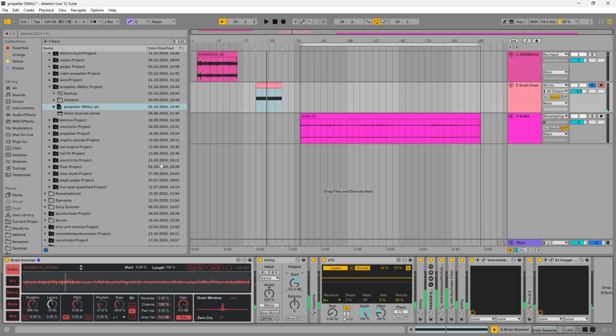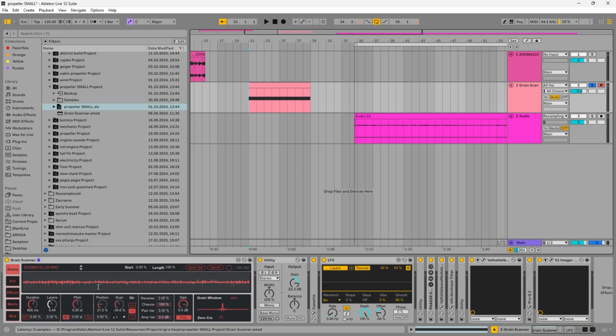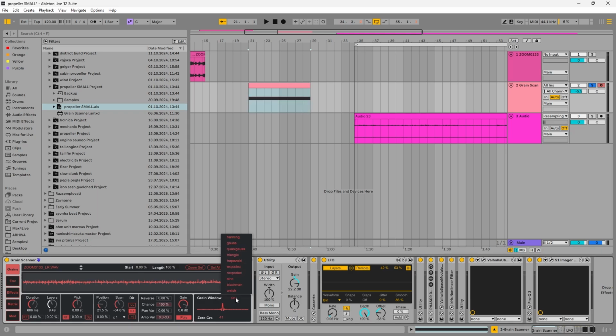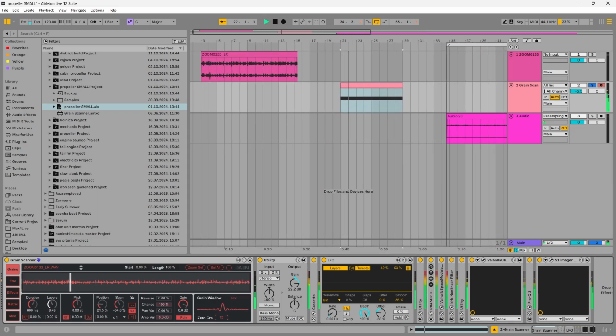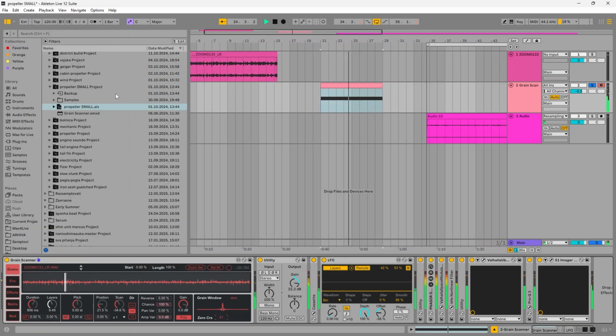Okay, so there's this plugin, Grain Scanner. It's this very interesting granular plugin, where the thing with it is that it's not an effects processor, but you have to input a sound into it, and you have all these very cool things you can do with it. But the thing with this was, when you set your, I'm not sure if it's just a mode, or the way that